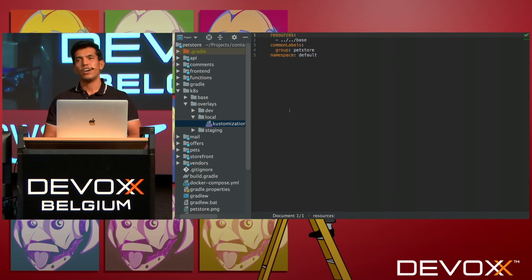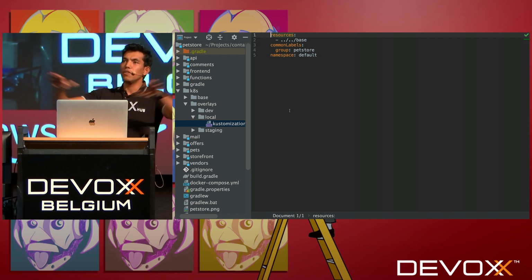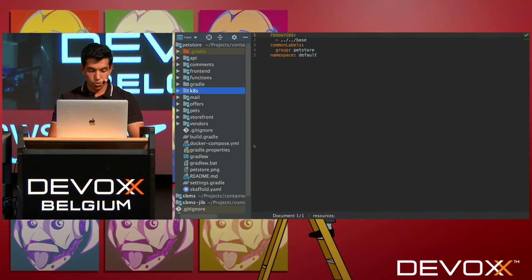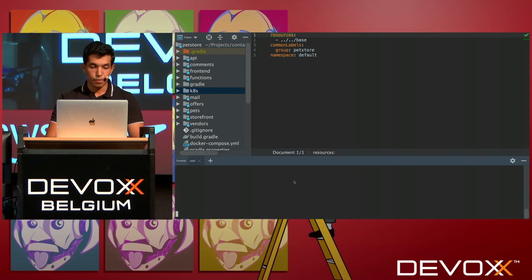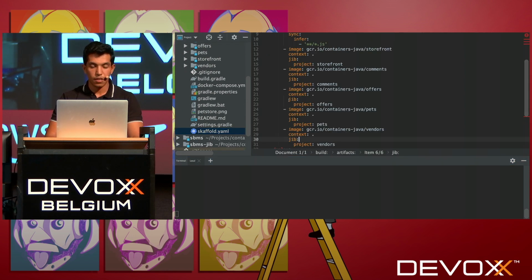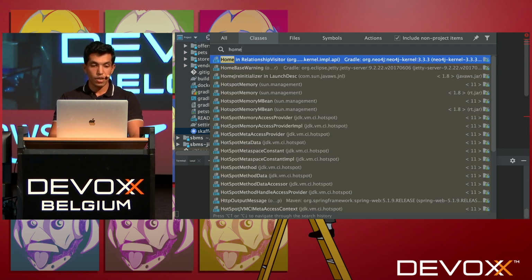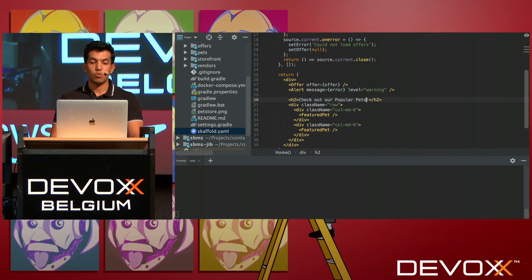So for my local environment, I'm simply adding a common label for all my pods and all my containers, which is group pit store. I already ran Skaffold for this application, and I wanted to highlight one final feature of Skaffold, which is file synchronization. We already saw how Skaffold builds images using Jib, but if you are using a framework that supports hot reloading,